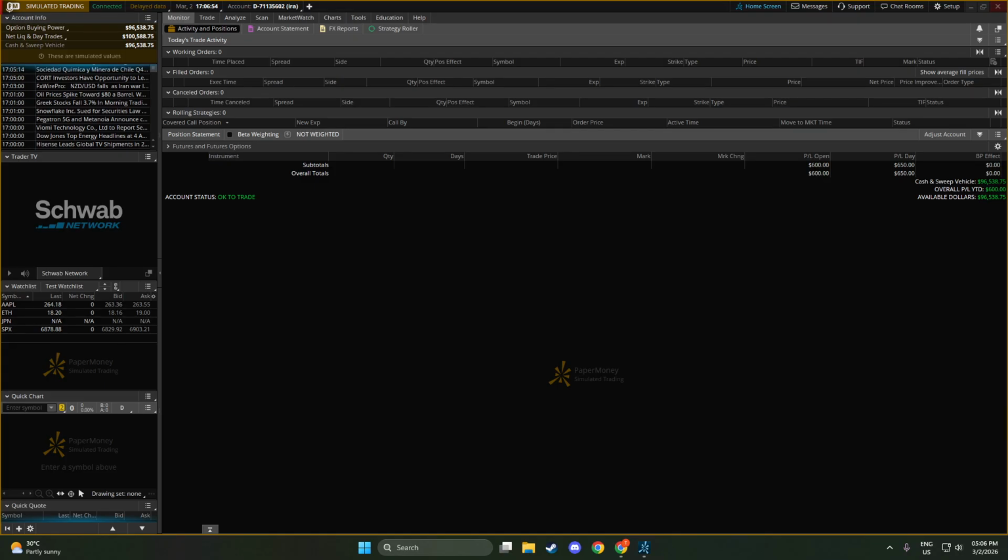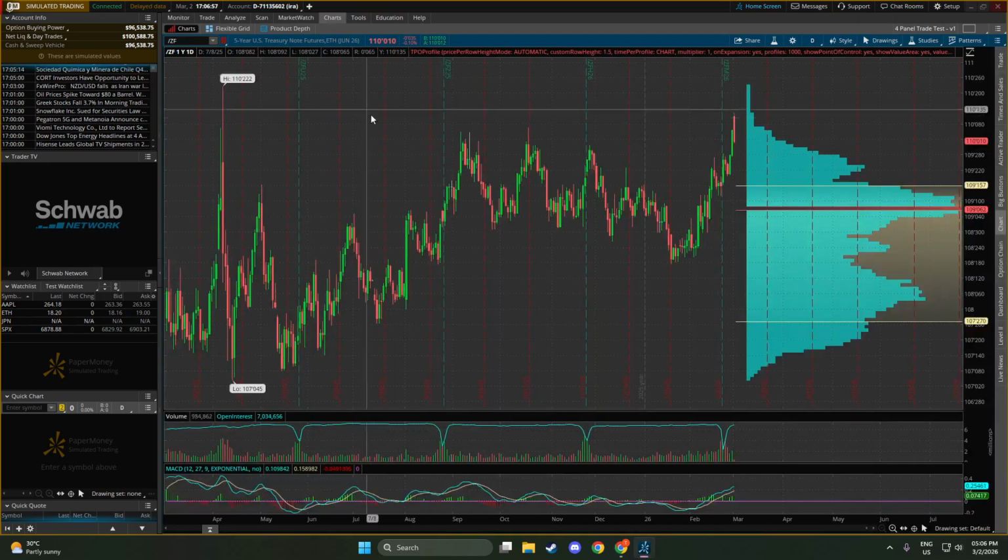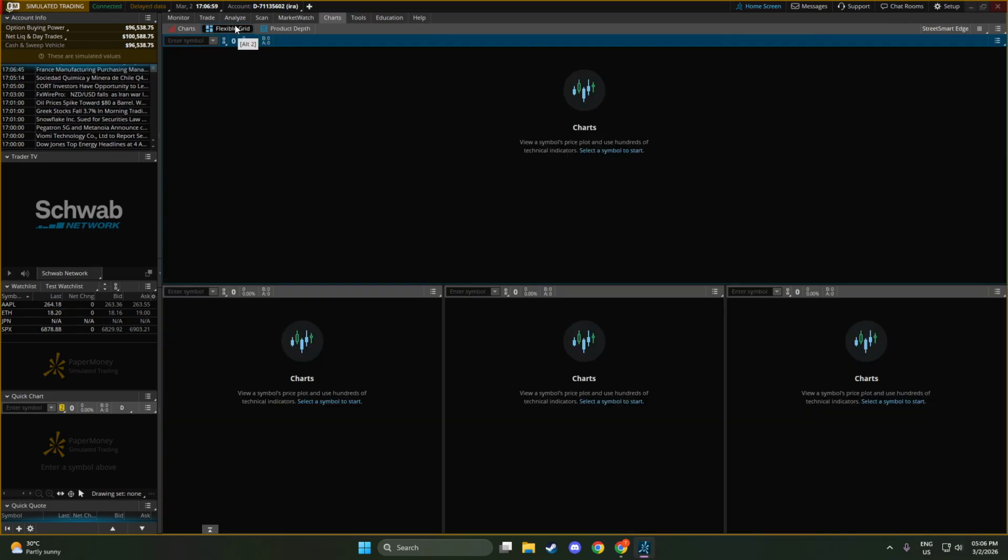First, head to the Charts tab, then open Flexible Grid. You'll start with a single chart cell. Think of this as your blank canvas. We're going to divide it into the layout that fits your workflow, whether that's a simple two-panel setup or a